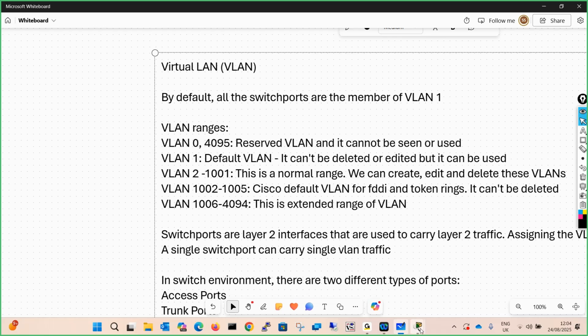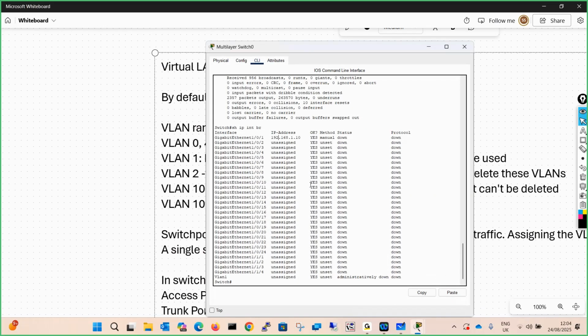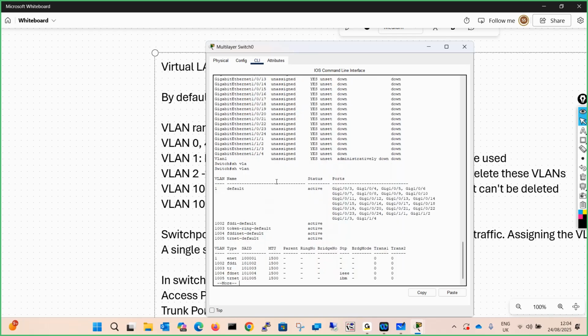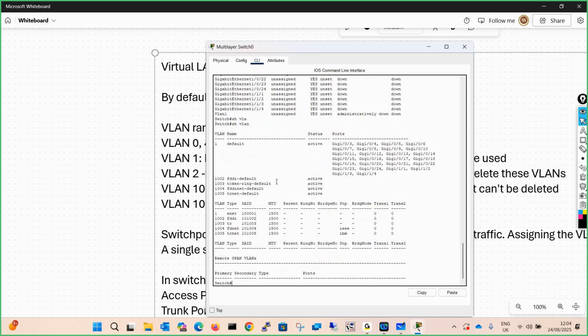Actually, this IP address which you have configured is not getting configured on Gig 1/0/1, but in reality it is getting configured on your extended range of VLAN. To verify that, give the command show vlan, hit enter. The problem with this simulator is it doesn't support much about the extended VLAN and you cannot see it.